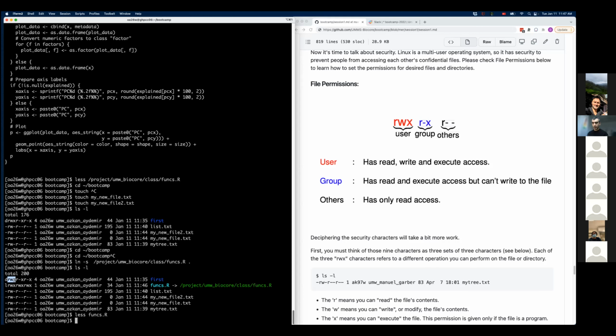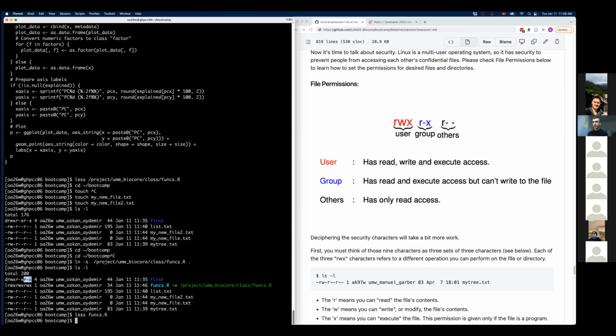So the next three are permissions for the owner of the file or the user, which is myself here. And whoever created the file usually is the owner of the file. So the next three is for the group of that user. So user group here is again myself.